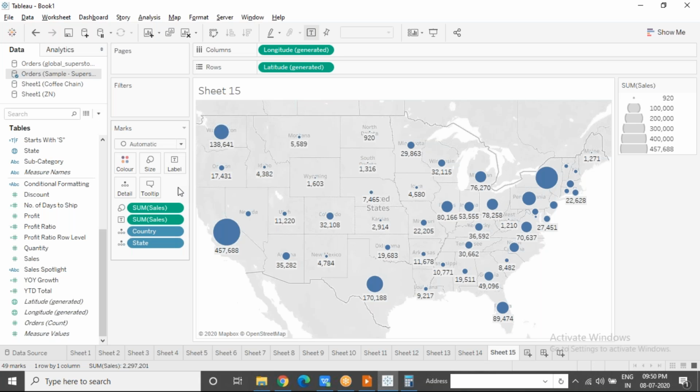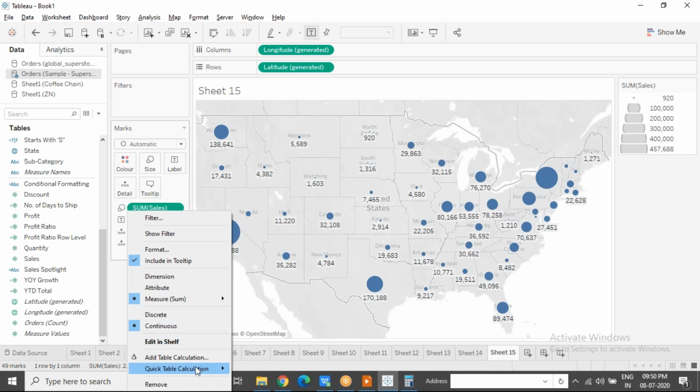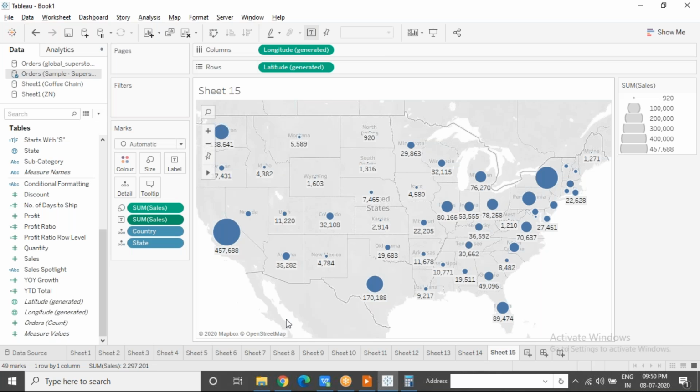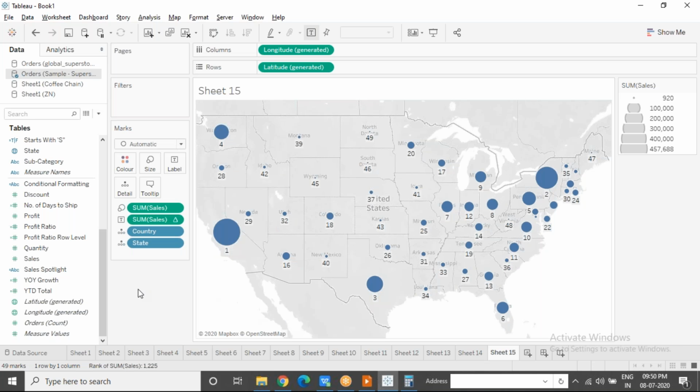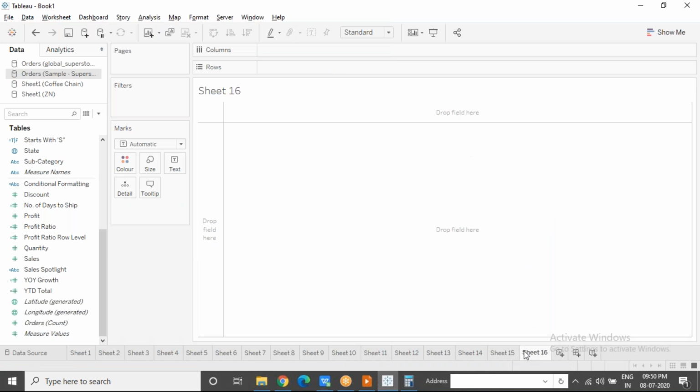So here we will simply go to that sales with the text icon and apply quick table calculation rank. So Tableau is going to give a rank to these states depending on their sales performance. So I can answer Illinois, rank of 7, Colorado, rank of 18. That is the purpose of rank function. It will rank depending on the data. Then next thing we will discuss is called moving average